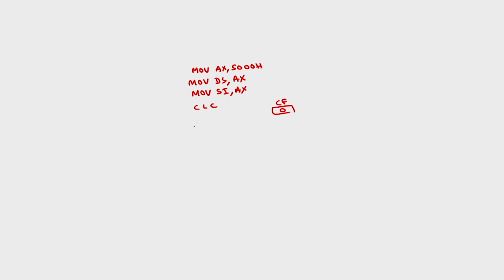Okay. Then you take this onto AL, because I want to rotate these contents. Move AL comma contents of SI, so that AL contains the given 8-bit binary number. This we have to rotate to the right by 1 bit position. RCL AL comma 01. So what happens is this 8 bits